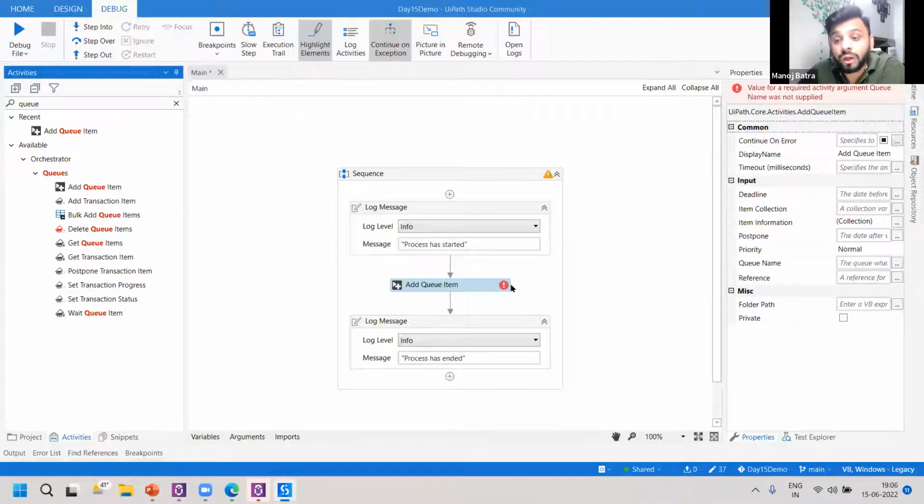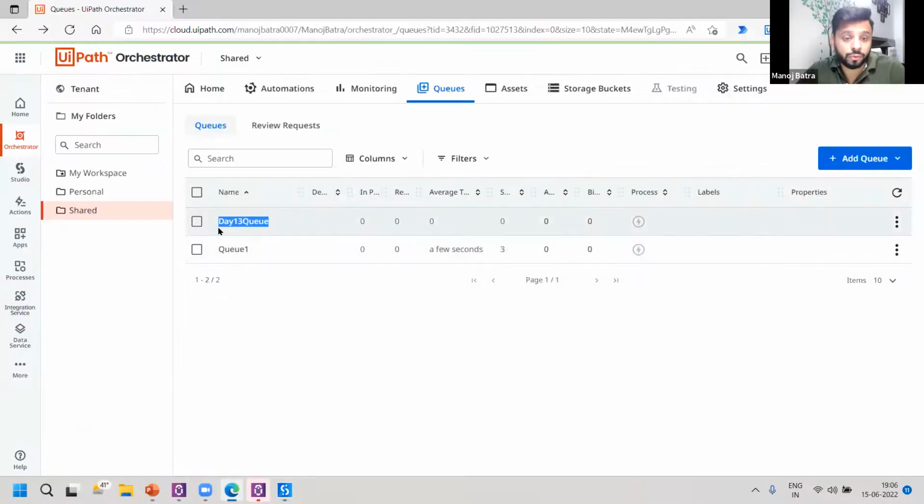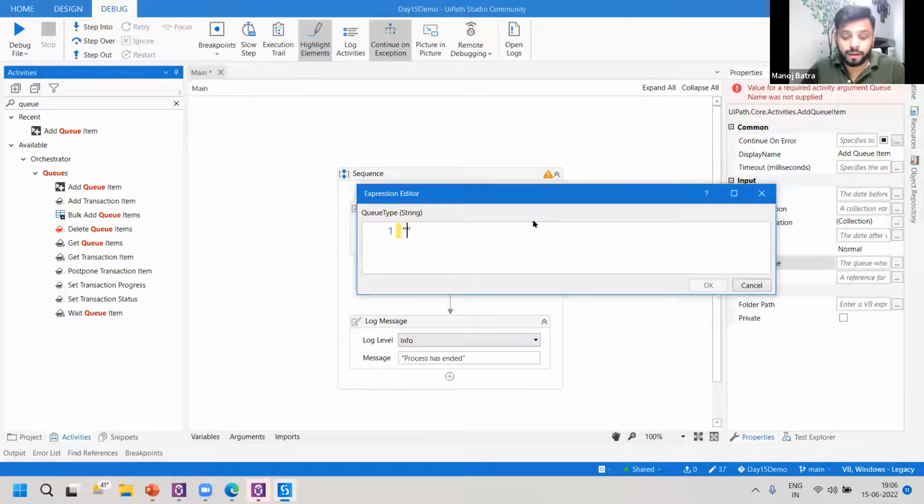So every queue has some properties that are mandatory and some that are not mandatory, but you can change them later in the process as well. The mandatory part here is the queue name, and the second part is your item information or the collection. Either you can write all the data in your item collection, or you can write it one by one. So what was the queue name? I guess it was day 13 queue. Let me just copy it and give it as the queue name